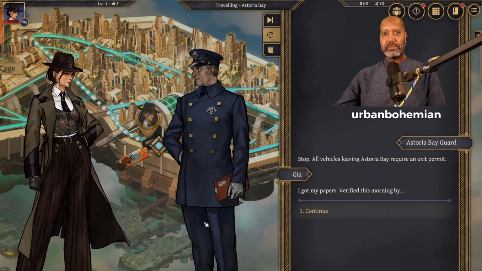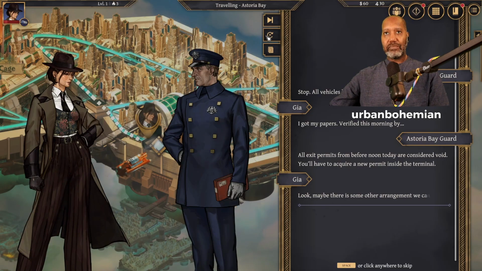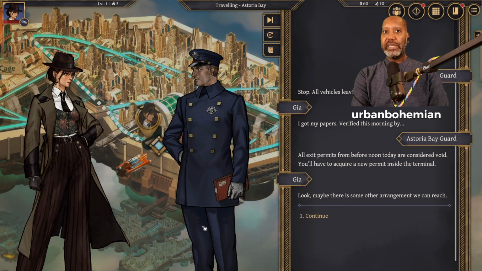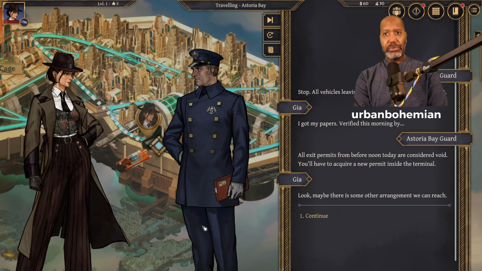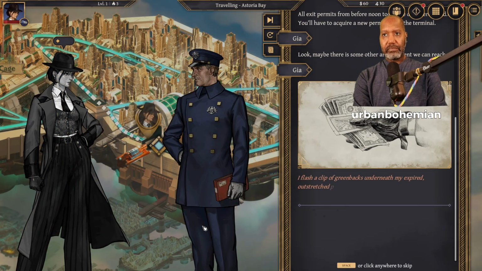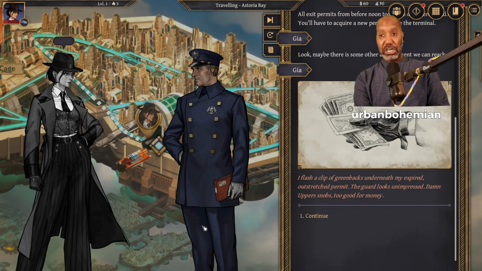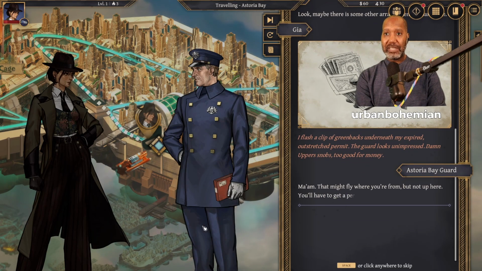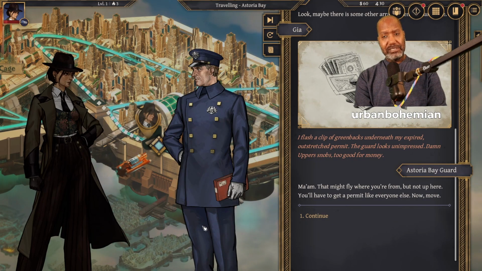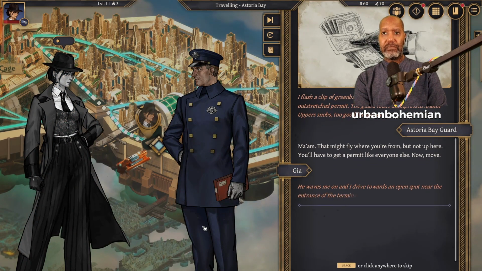I got my papers. Verified this morning by... Look, maybe there is some other arrangement we can reach. Okay, the Astoria Bay Guard is not voiced, but all exit permits from before noon today are considered void. You'll have to acquire a new permit inside the terminal. Maybe there's some other arrangement we can reach. I flash a clip of greenbacks underneath my outstretched expired permit. The guard looks unimpressed. Damn upper snobs, too good for money. We can't even bribe the guard? Ma'am, that might fly where you're from, but not up here. You'll have to get a permit like everyone else. Now move. He waves me on, and I drive towards an open...